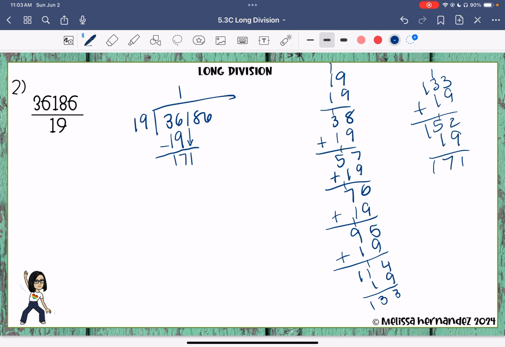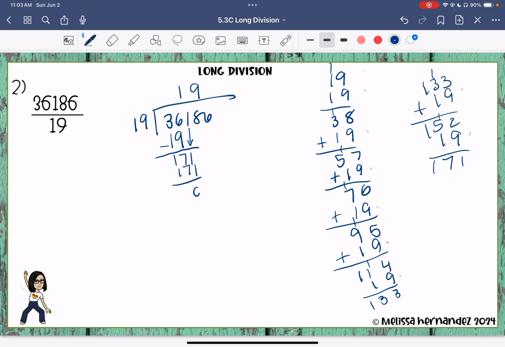So I got really lucky and it went in evenly. So now I want to go back and count how many 19s fit into 171. 1, 2, 3, 4, 5, 6, 7, 8, 9. So 9 groups of 19 is